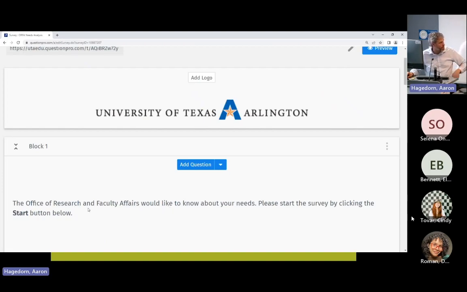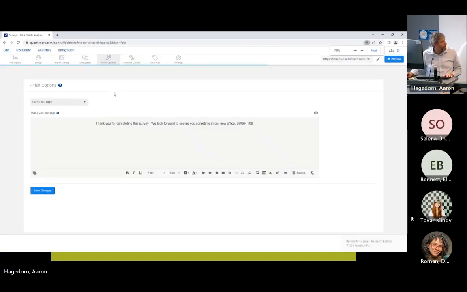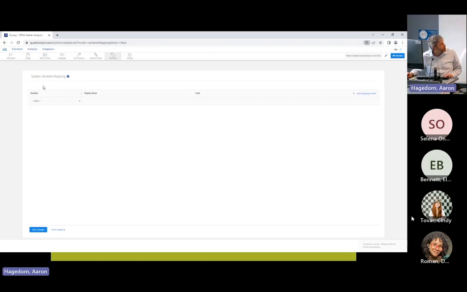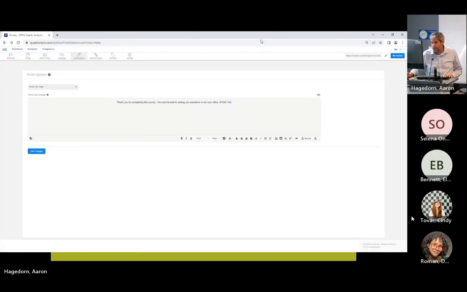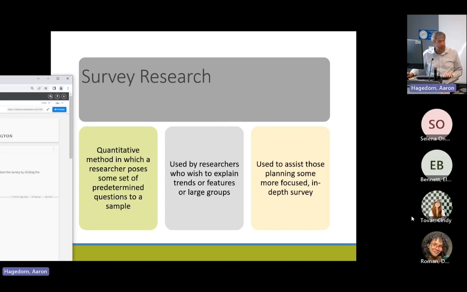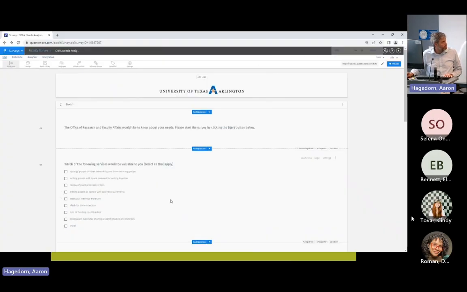this is my office, Office of Research and Faculty Affairs, and we were doing a survey of the professors about what kind of services they wanted help with. So, and now I seem to screw up whatever it is I was trying to show you. Okay. One second. There we go. Okay, so the idea of the survey, you ask a standardized question, and for your quiz, you